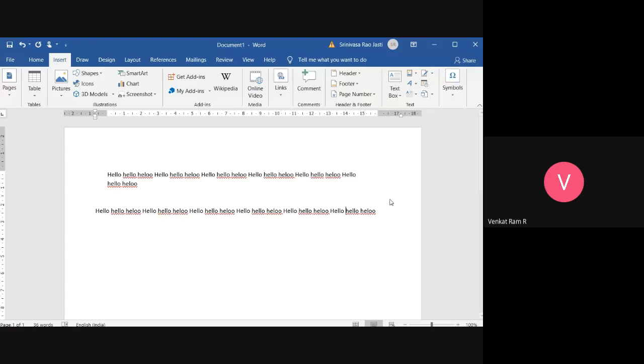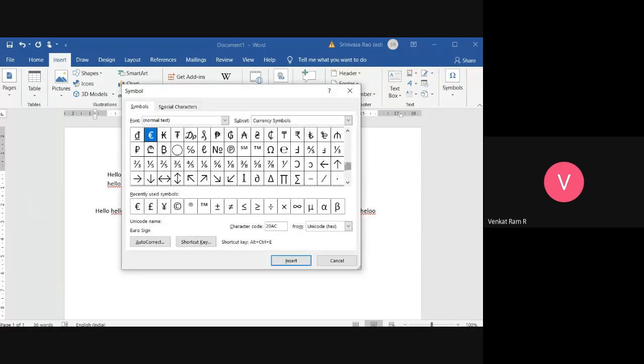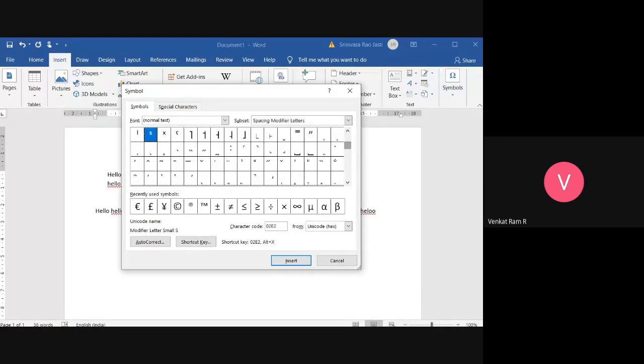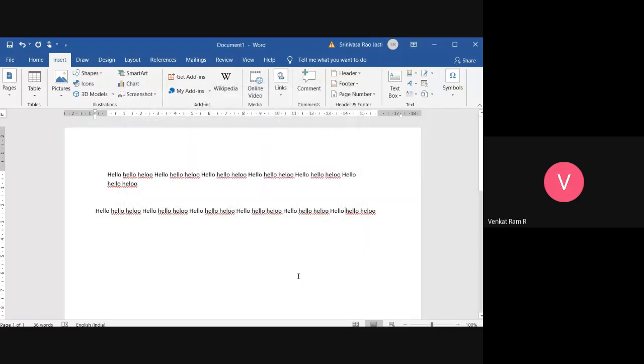If you go for more symbols, you can use your mathematics symbols. See, greater than or equal to, divided by, and all this will come in your 10th class. The sigma and pi values are here, and you can use square and square roots also. These are special symbols that you can use in the symbol group.